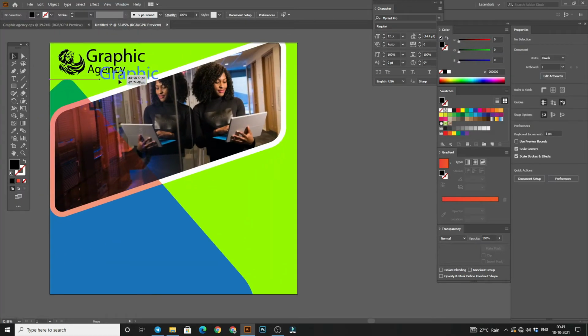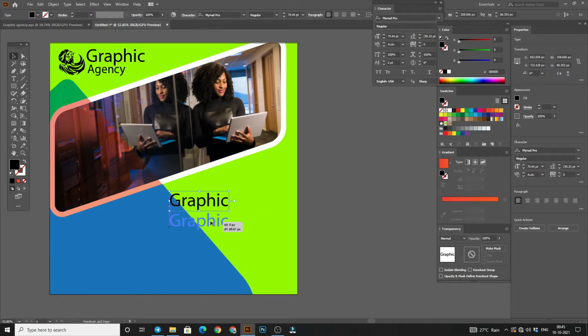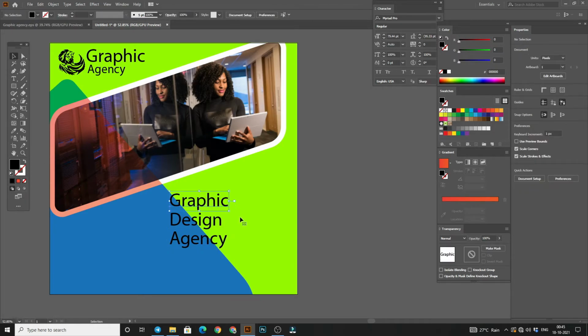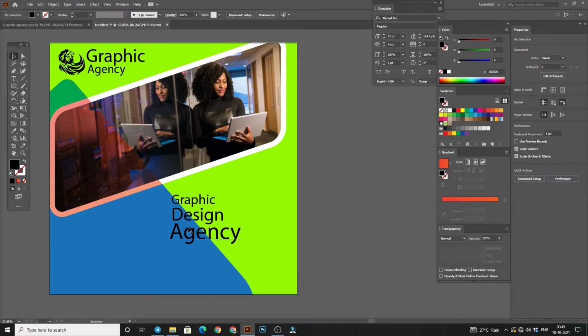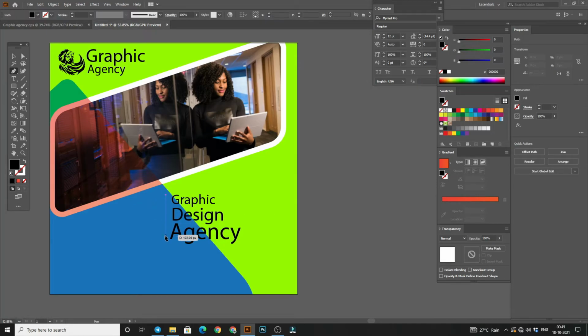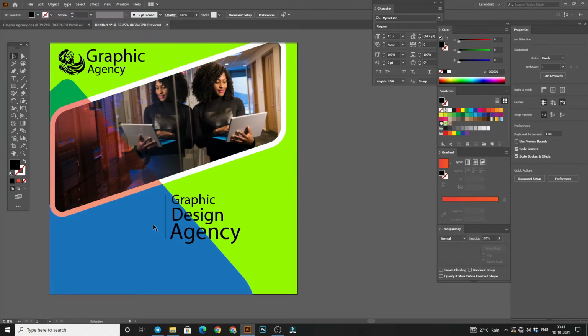So I'm making a copy of that and again a copy: graphic design. Make another copy and write agency. Now make it small, and design, I think, and make the text of agency bigger like this. And draw a line from here to here and increase the stroke of it from here.